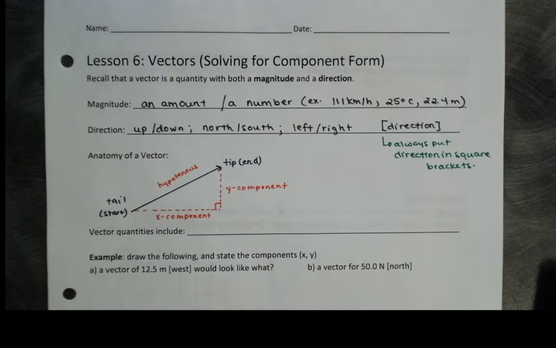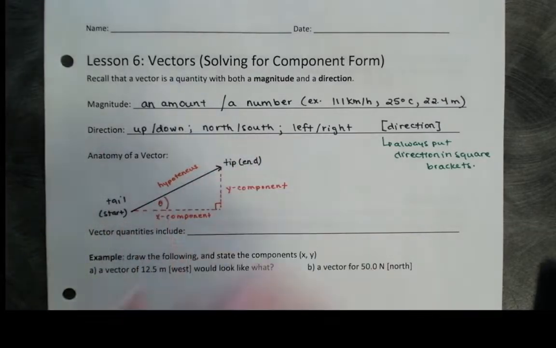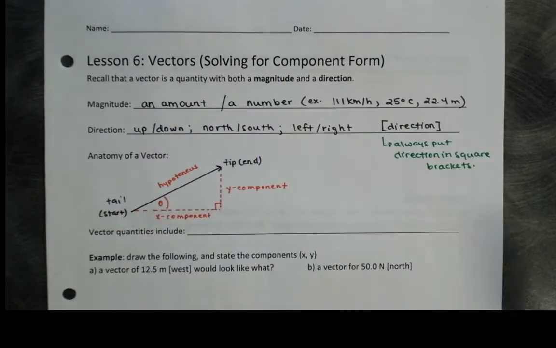So maybe you can already see it. We're probably going to spend a little bit of time today doing some trigonometry, okay? There's an angle that's represented there. So when we describe a vector, we can do it in a few different ways. Like we could give this side and an angle. So we could say,